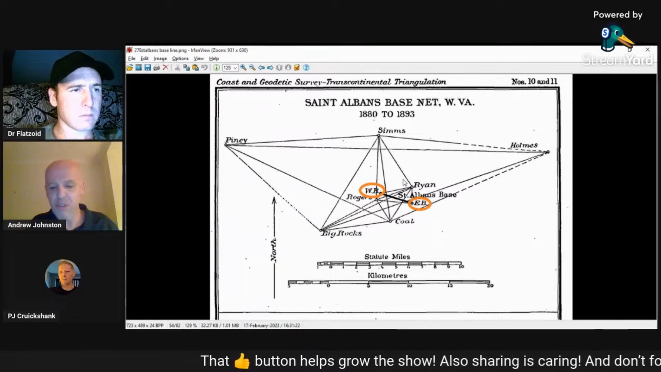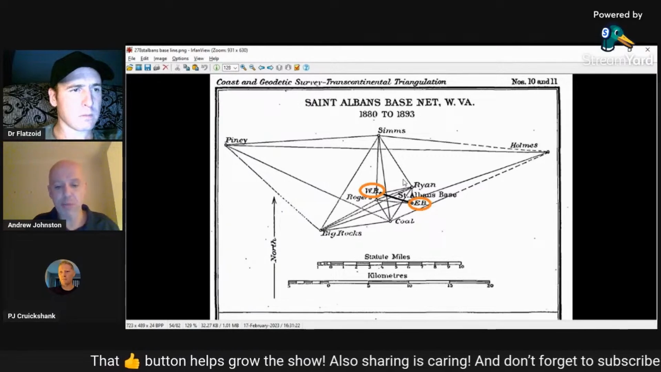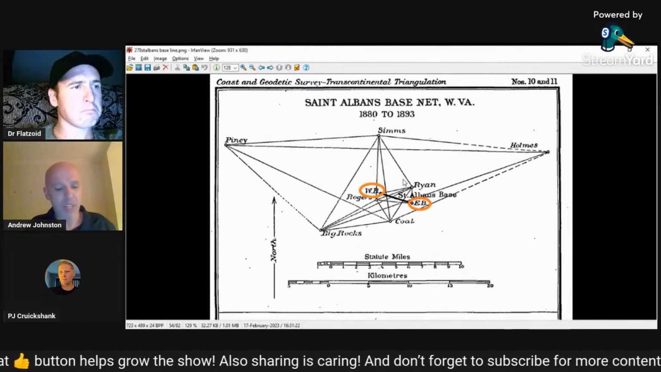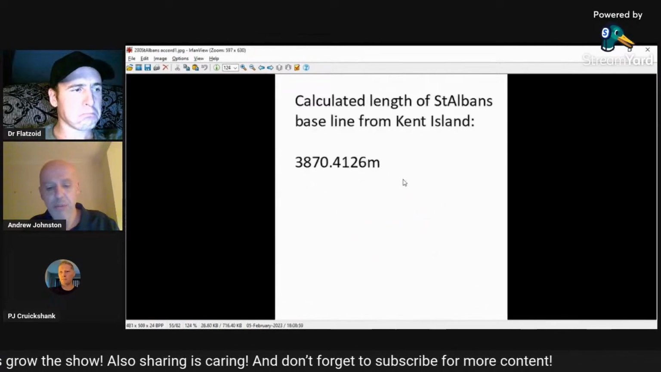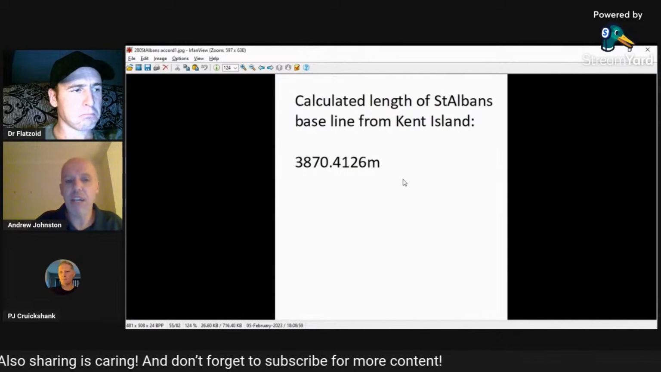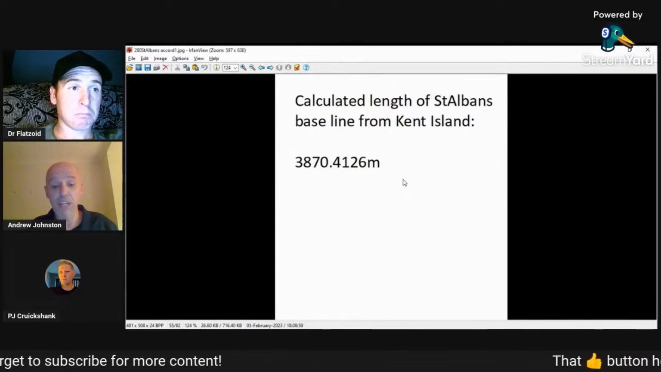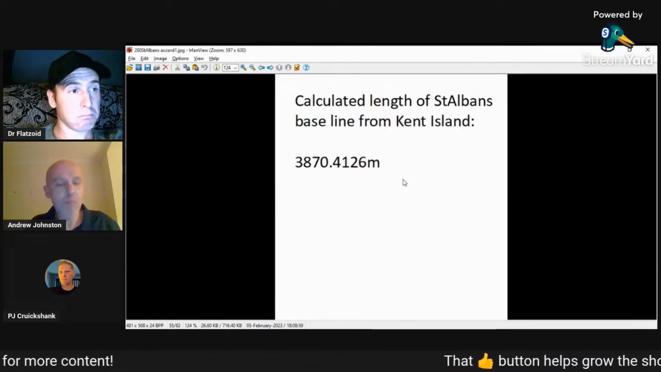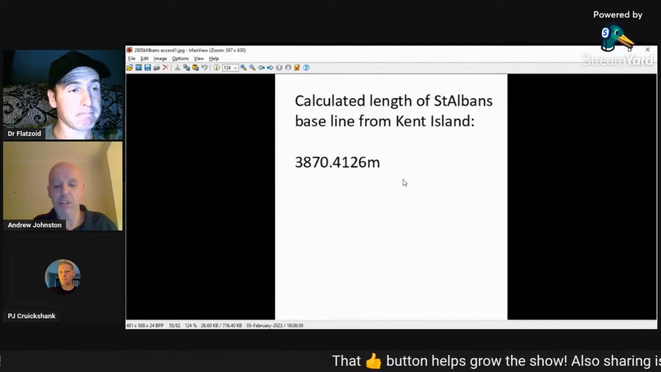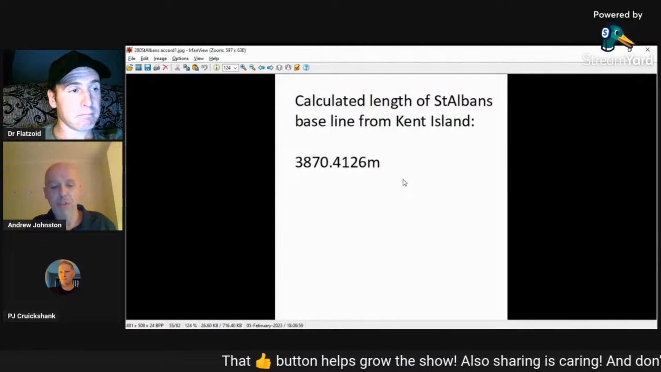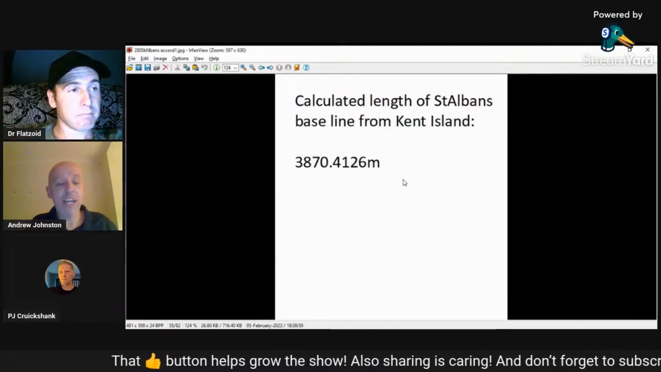They do the statistical corrections and apply the trigonometry and come up with an answer. In this case, they would come up with an answer of 3,870.4126 metres for the separation of those two locations. Okay. Meanwhile, whilst they've been coming across the country doing their angle measurements, they've had another crew out physically